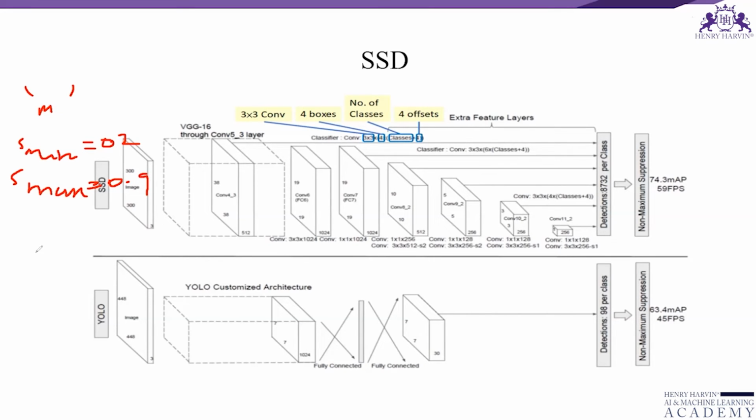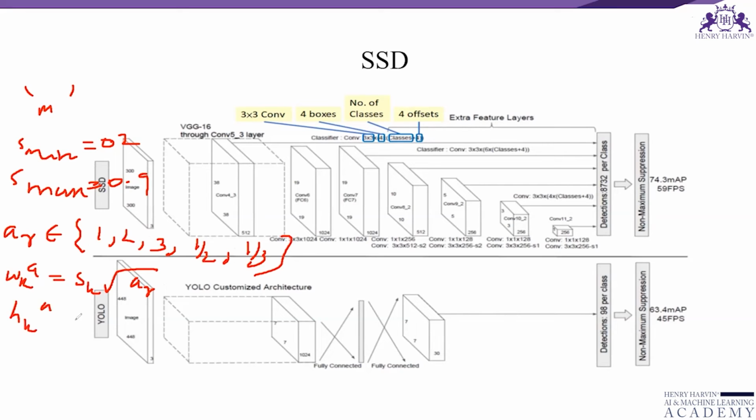Say for each scale, we have 5 non-square aspect ratios. Let me write them: 1, 2, 3, 1 by 2, 1 by 3. And then I'm writing this as Sk times the square root of A, the aspect ratio, equal to